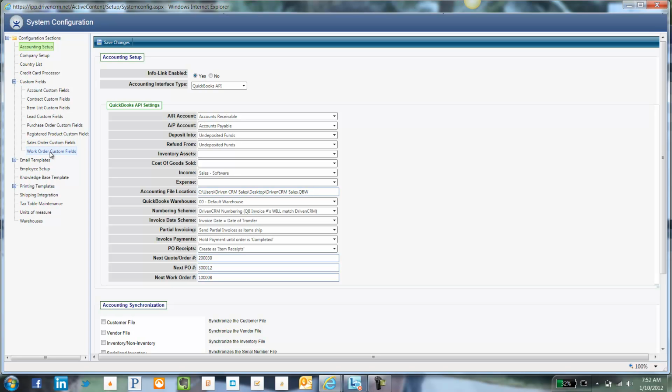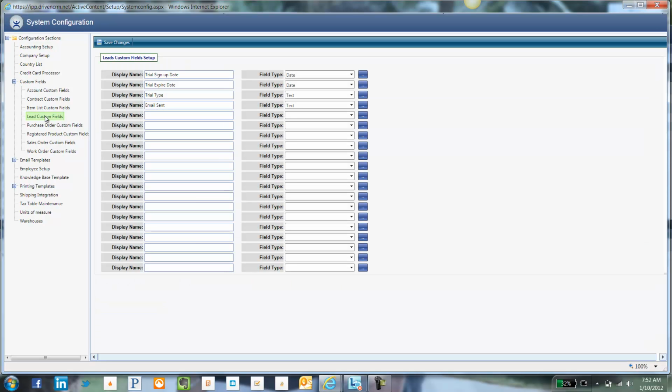for your clients. Then under here, you can also create custom fields based on work order spaces over here on the left. In this case, we're going to work on lead custom fields, so we want to focus on bringing these fields into here. I already took the liberty of setting some of these basic ones up. So for us, the relevance would be things like sign-up dates for trials and the expiration date of those trials as well. And we also support 2 different trial systems, so we want to also look at those